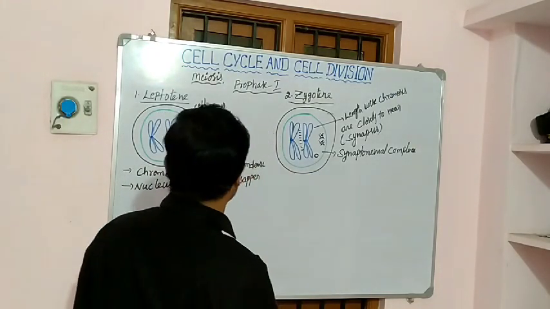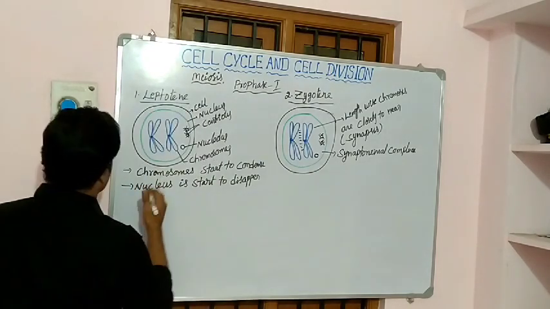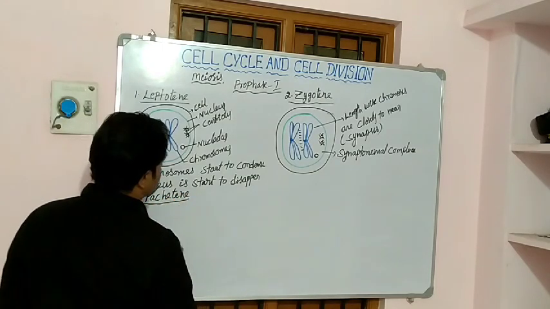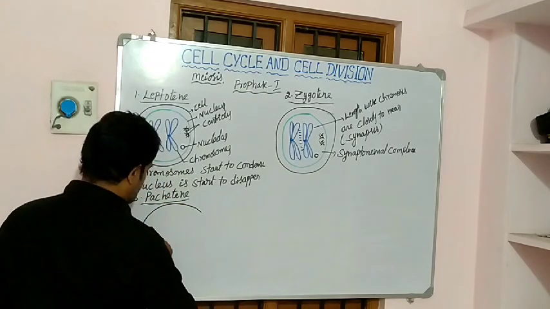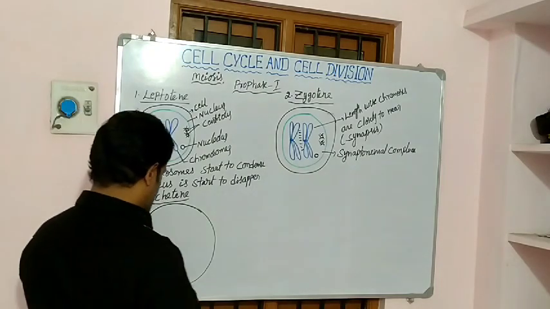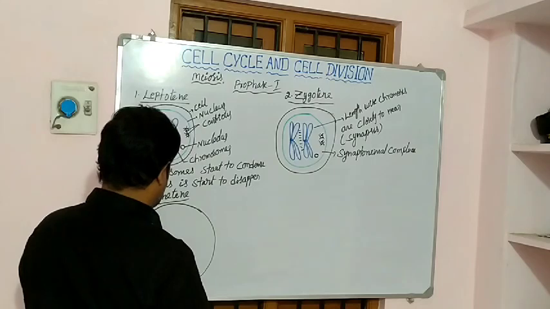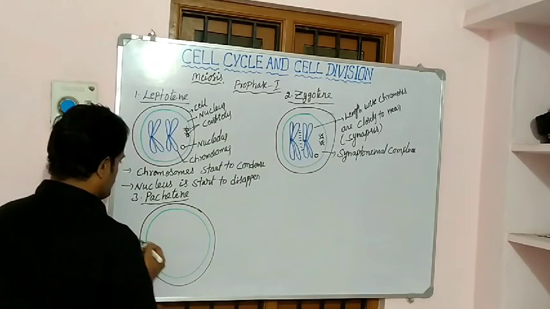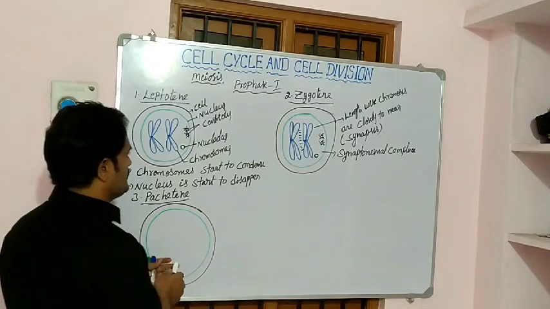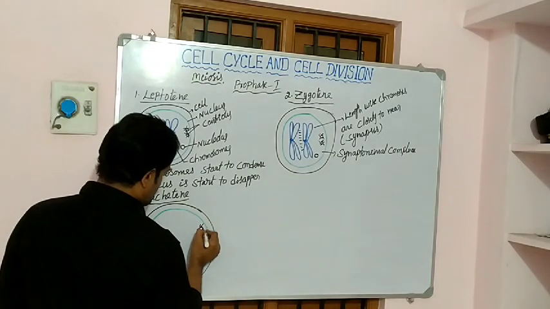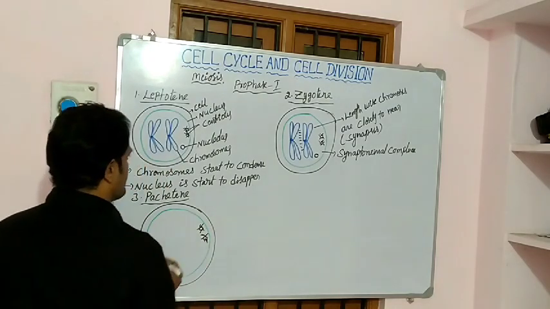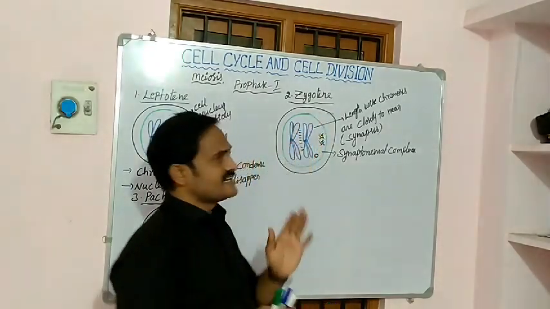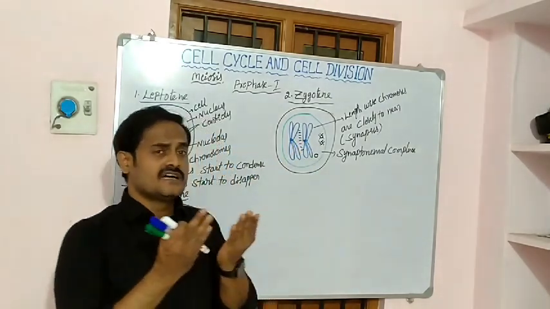Okay, then coming to the next subphase. What is the next subphase? The third one, pachytene. See, this is the cell, and inside the cell there is a nucleus here. Then there are some important cell organelles, the centrioles, and also the chromosomes. See here, the chromosomes were very close together in the zygotene, and in the next stage the chromosomes